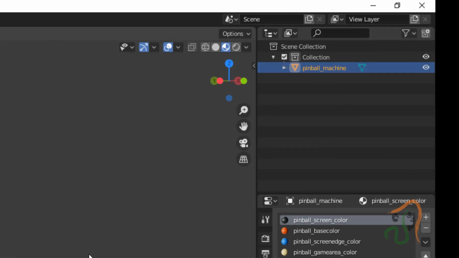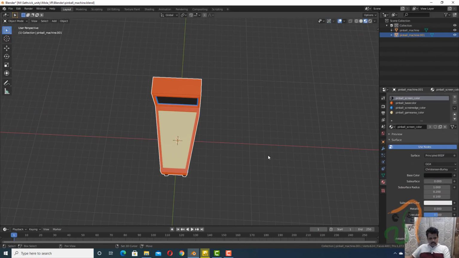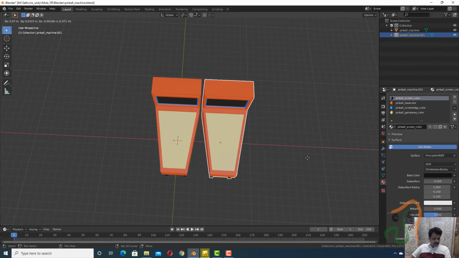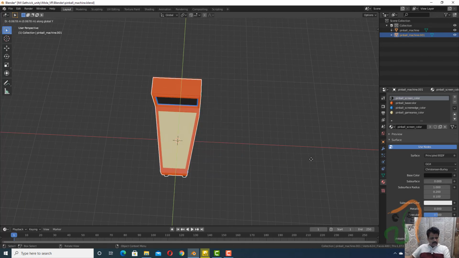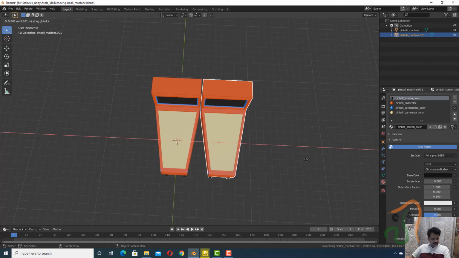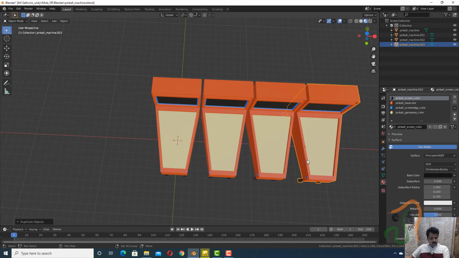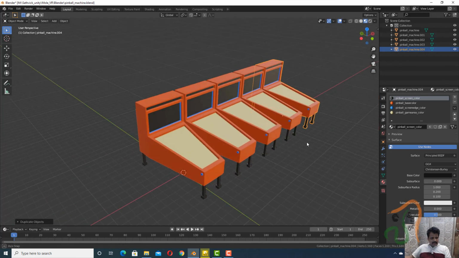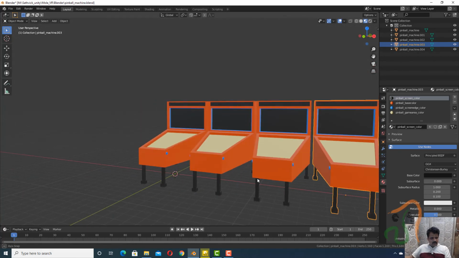And so if required afterwards, what we can do is press Shift D, and we can just replicate it something like this along the y-axis, along the x-axis. We can replicate it and place it like this, and press Control Shift R to repeat it. So something like this we can place it and use it in our game.